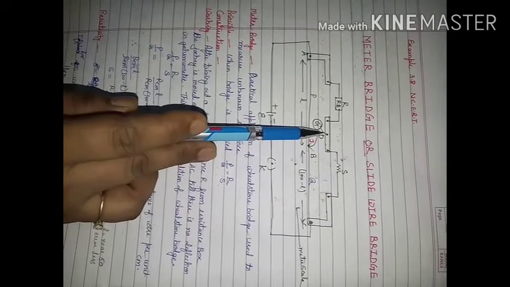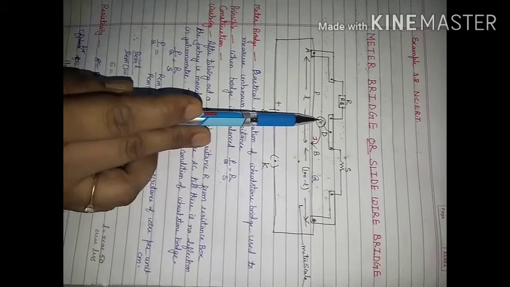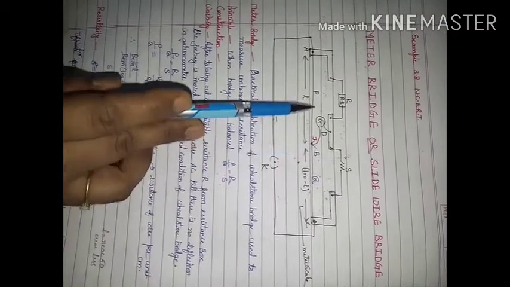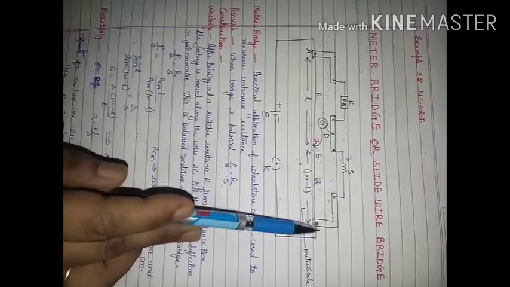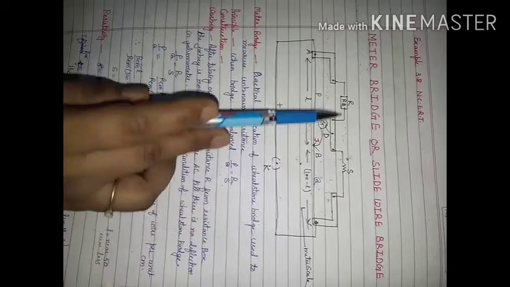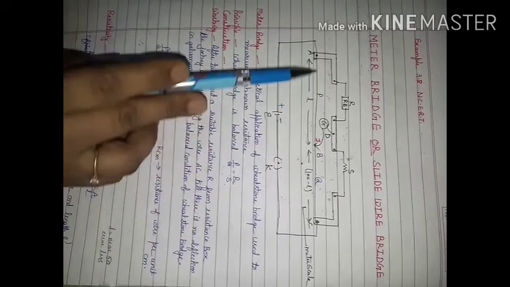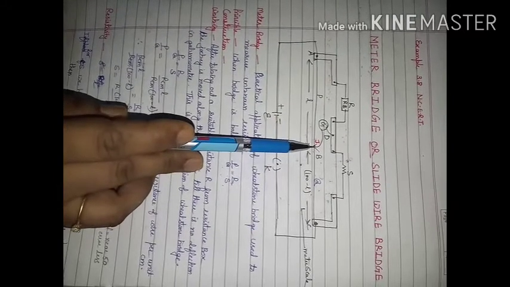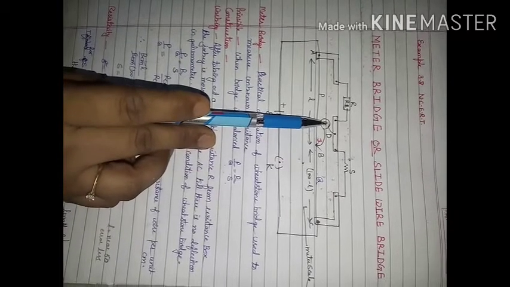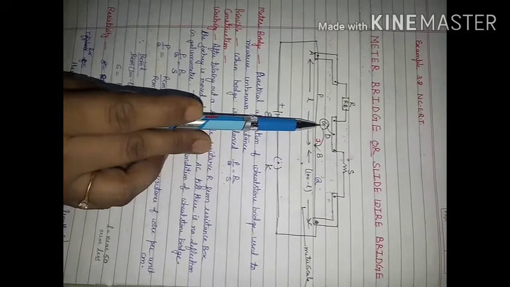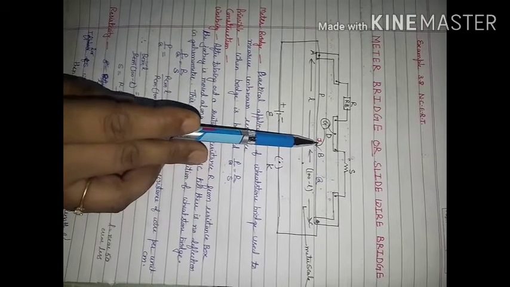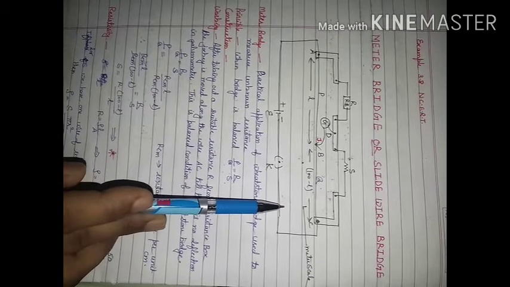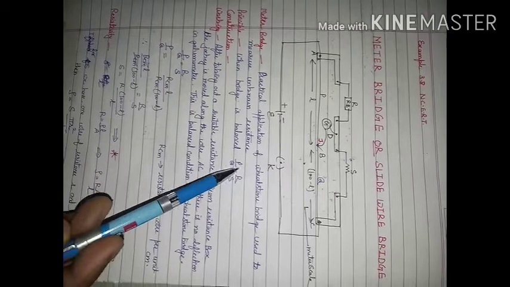At this central point D, we are going to connect a galvanometer. The other end of the galvanometer will be connected to a jockey. The jockey will give us a movable contact on the wire AC. After doing all this arrangement, we will move the jockey from A to C. While moving the jockey from A to C, at a particular point, the deflection in the galvanometer will become 0. When the deflection is 0, the potential at B and the potential at D will be the same, and we can apply the balanced state condition for the Wheatstone bridge, that is P upon Q is equal to R upon S.